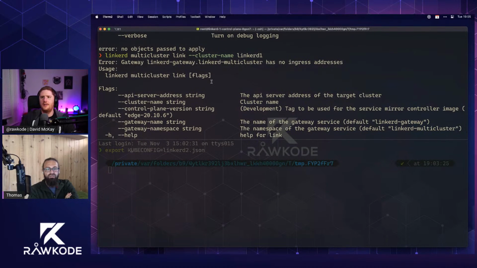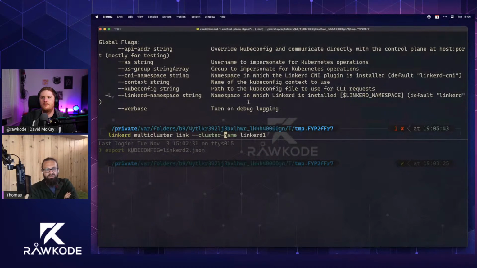No ingress. So the problem there is that we need to have a load balancer with a public IP address, so these two clusters can talk to each other. This is saying that we don't have a gateway address there yet. So why don't we run